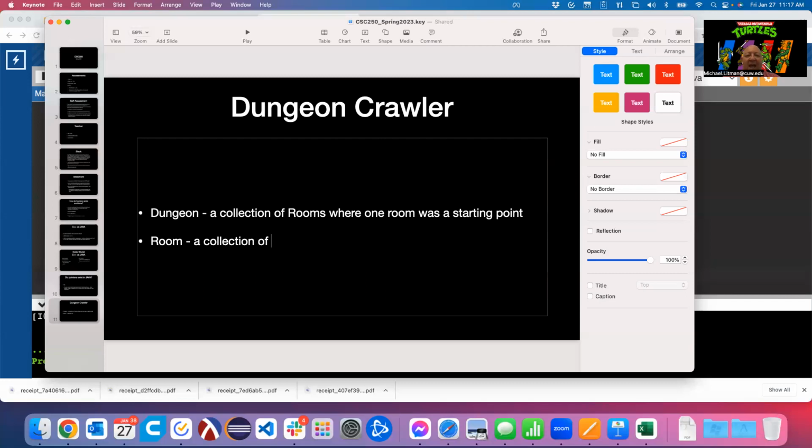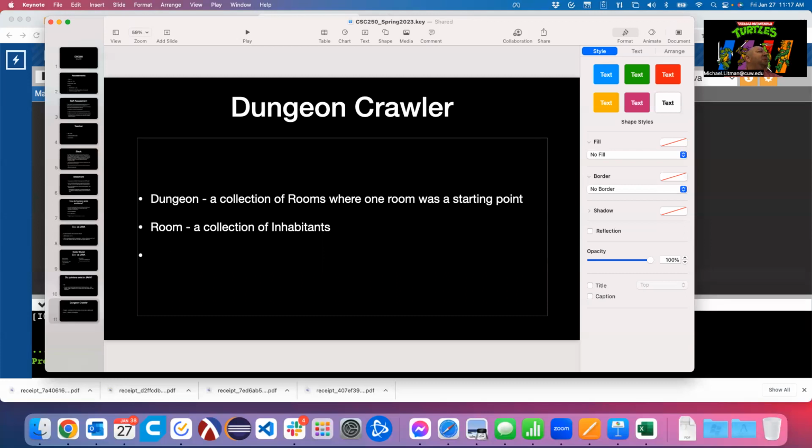So I'm going to put in here a collection of inhabitants, because pretty early here we're going to start introducing some additional object-oriented things. We're not just making a duplicate of what we did last semester. We at least mentioned last semester that we talked about inheritance, where you can have a generic class that other classes inherit from. So we're going to have this idea of things that inhabit our rooms, where an inhabitant can be a player or it can be a monster, something like that. They both have a lot of commonalities, but then they have differences in and of themselves.